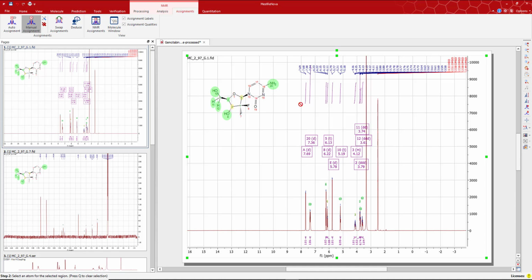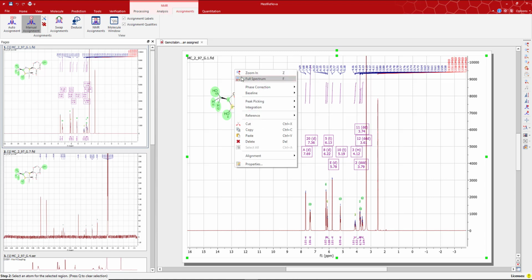So now that we have all the protons and carbons in the furan ring and off to the side assigned, we want to find our way into this second ring in the molecule. Basically, we have to define some kind of handle in. We have to take something we already know and use that to find our way into this secondary ring. So the way I'm going to do that is I am going to use this proton on carbon